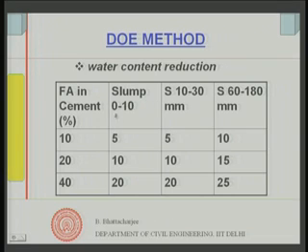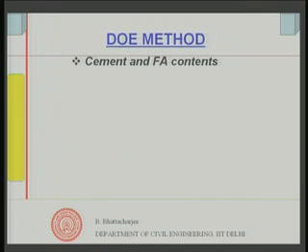As you can see, as my fly ash content increases, this is the fly ash percentage in cement, and depending upon the slump, this is the quantity of water that I can reduce. For example, 5 is the delta W here, 5 here and 10 here. So, this is 10, 10, 15, 20, 20, 25. Depending upon the percentage of fly ash I am adding in the cementitious material, this is the amount of water reduction that is available. This is given in the form of a table. Therefore, if I know how much PF I mentioned earlier, I can find out how much would be my reduction in water content.